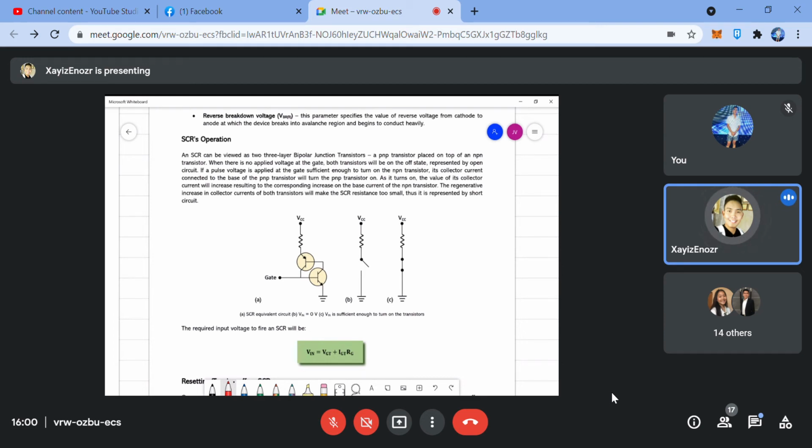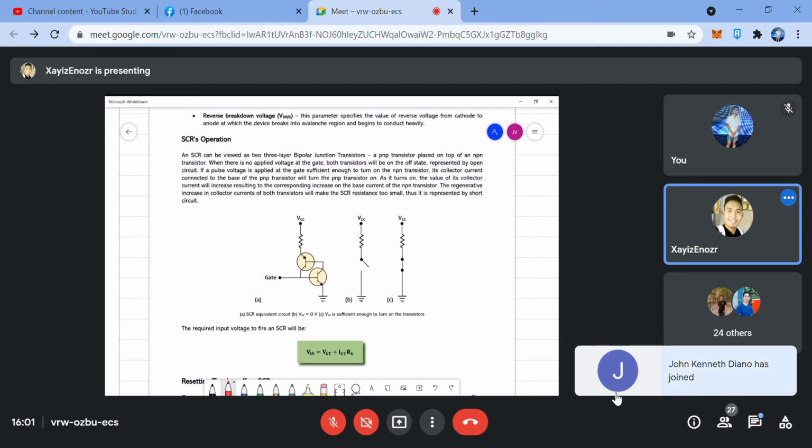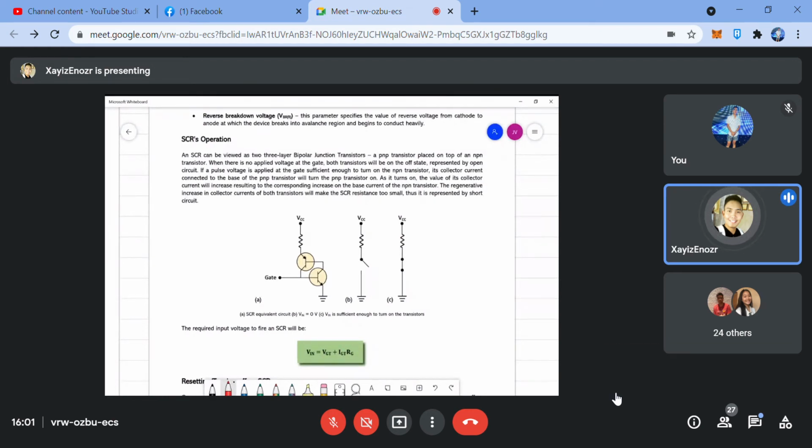When there is no applied voltage at the gate, both transistors will be on the off state. So pag wala kang voltaheng pinapadaan dito sa gate, parehong naka-off yan. Okay? If the pulse voltage is applied to the gate sufficient enough to turn on the NPN transistor, the